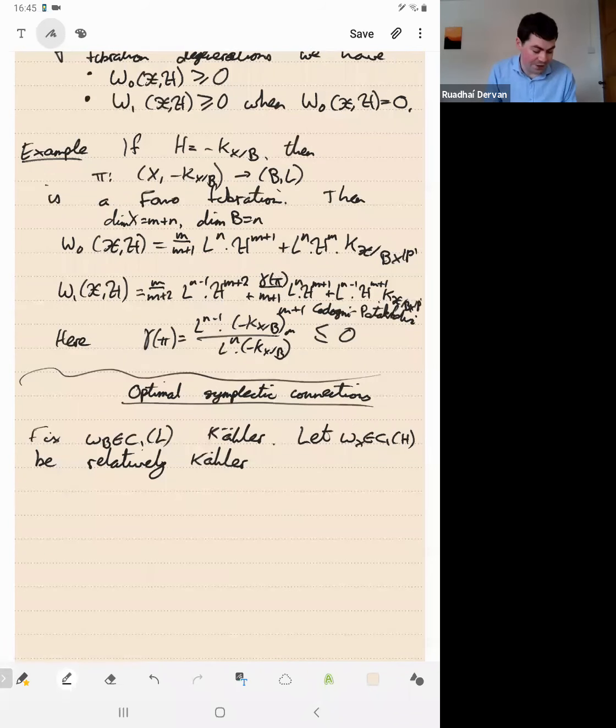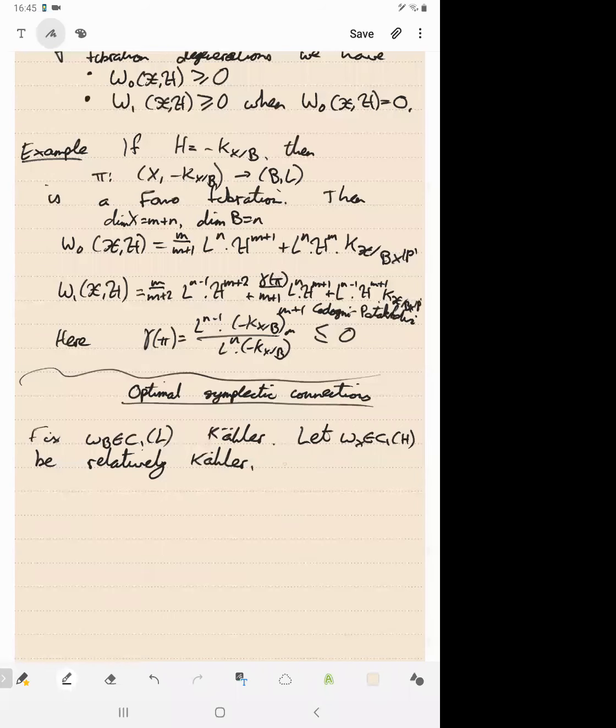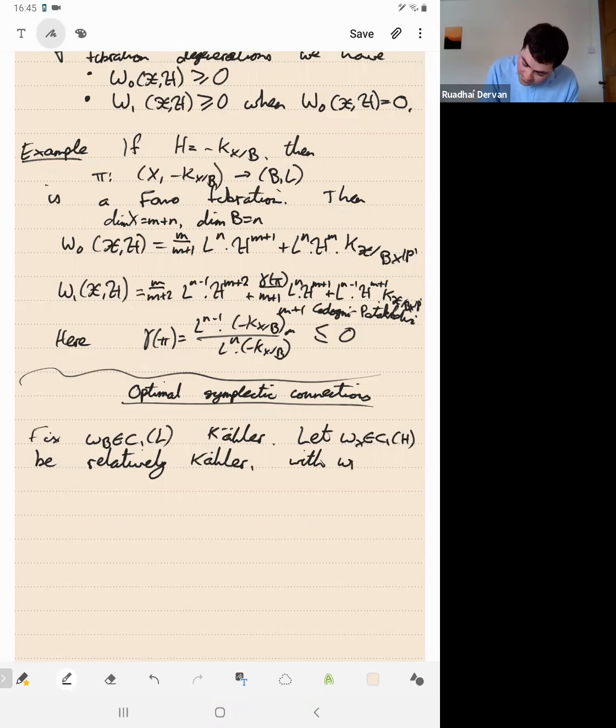So relative Kähler just means Kähler on the fibers. And what I'll impose, by analogy with requiring that the fibers are K-polystable, is that the fibers have constant scalar curvature metrics, and omega_X is such an object. So omega_b, which is the restriction of omega_X to X_b, should be a constant scalar curvature metric for all b in B.